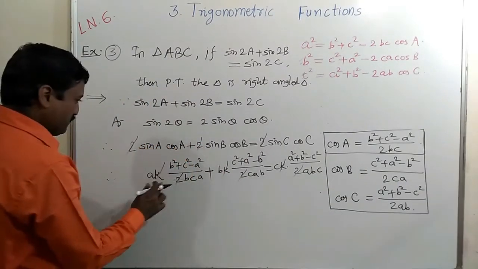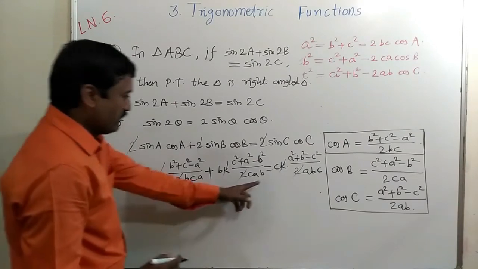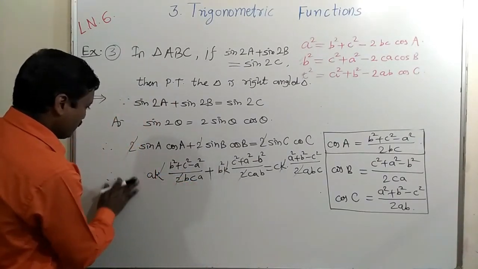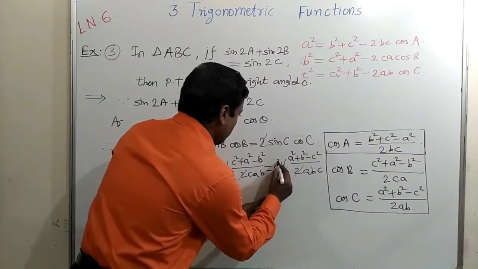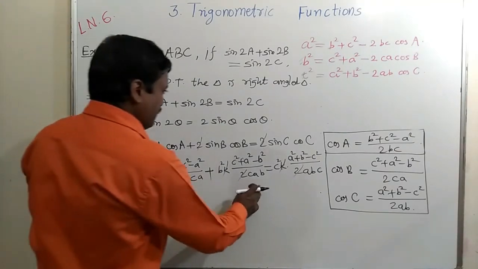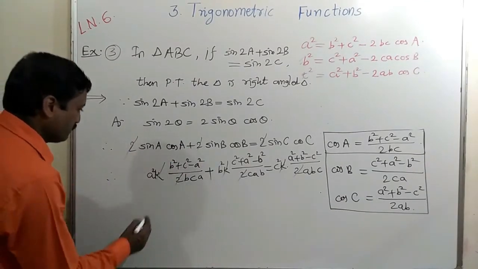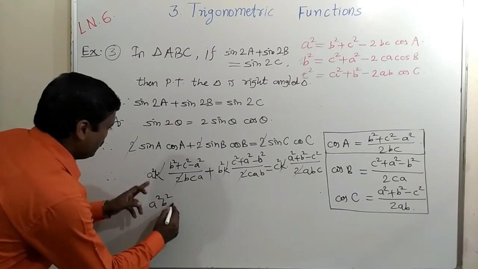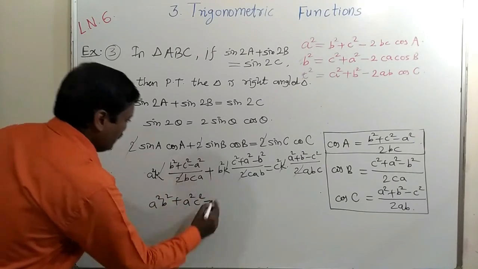So multiply the respective terms. Here we are multiplying by a, so this term is multiplied by a. Here b, so b square, so I will write it here instead of a square. Here we are multiplying by c, so we get c square. Okay. Now the denominator is the same, so it can be cancelled once again. So remains here a square in bracket this. Therefore we get a square b square plus a square c square minus a raised to 4.